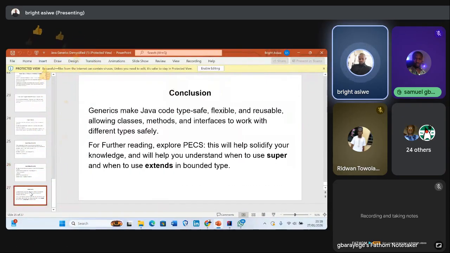And conclusion. Sorry, it's a long one. So generics makes Java code type safe, flexible, and reusable, allowing classes, methods, and interfaces to work with different types safely. We've seen this with the different labs, even if those labs are not so hands-on, but just to provoke thought, to remind us what is there,